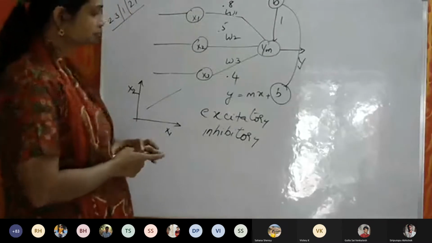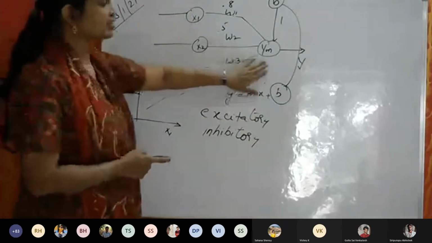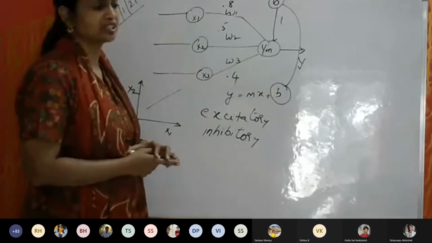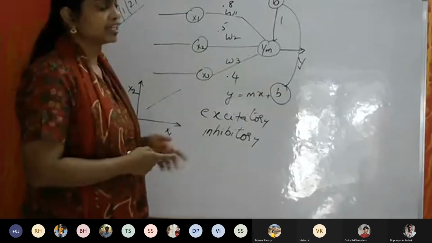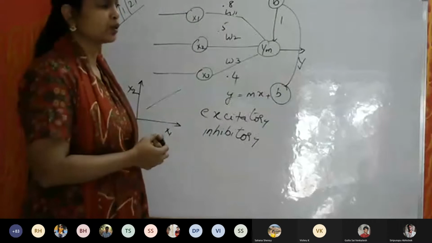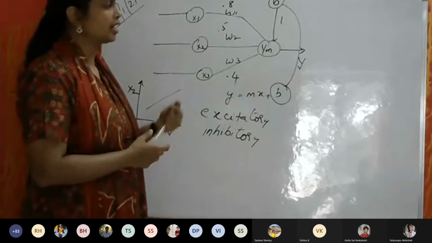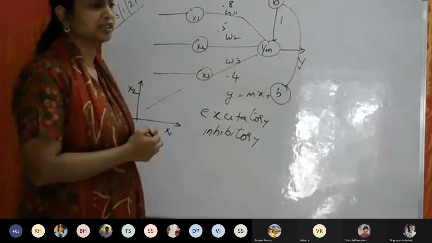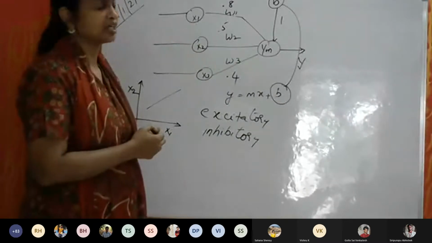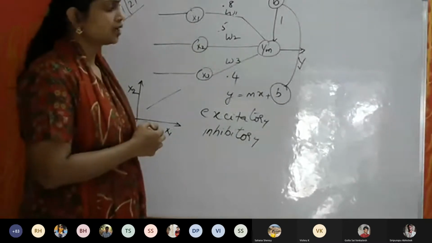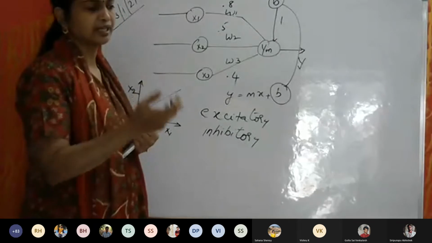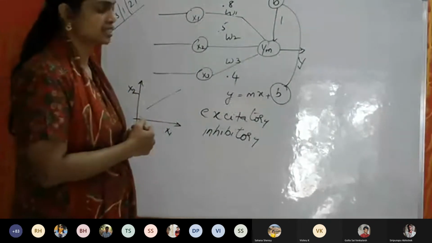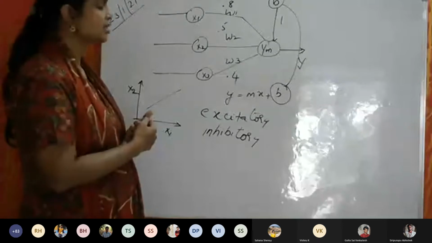Now, this activation function, there are several types: linear, non-linear activation functions. In case of linear, you have binary, bipolar, ramp, etc. And in case of non-linear, you have sigmoid and binary sigmoid and bipolar sigmoid, etc. And also you would have studied about the ReLU activation function in the day 3 slide. You would have discussed it earlier, yesterday's class.